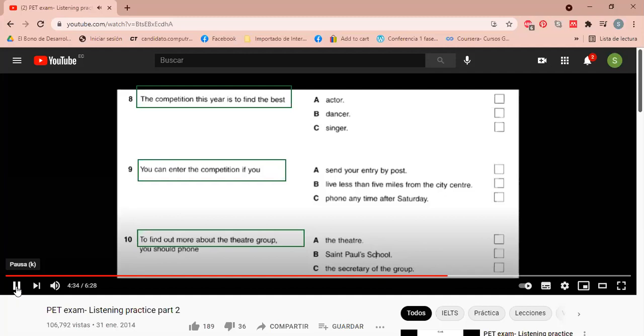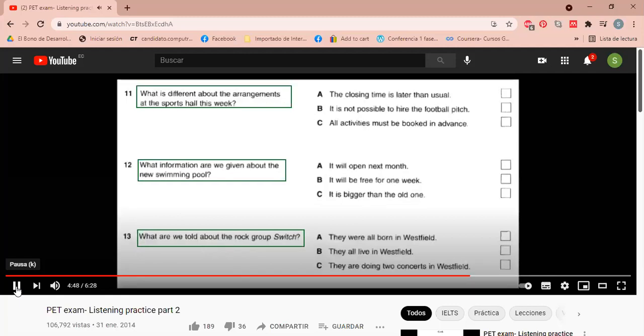They're going to meet in St. Paul's School. Right. Well, it's school holidays this week, so what's on offer? Okay. To let as many people as possible use the sports hall this week, it will open an hour earlier than usual at 8 a.m. and shut later at 10:30 p.m. instead of 9. If you want to do one of the more popular activities, you should ring and book as usual. The indoor football pitch is always popular and has to be booked in advance.